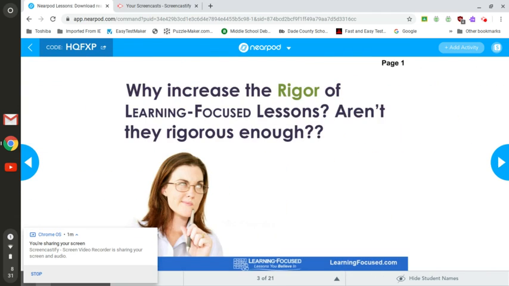So we're going to be talking about rigor. What is it? Why do we need to increase rigor in our learning focused lesson plans? Aren't they rigorous enough with what we're already doing with our learning focused lessons? So